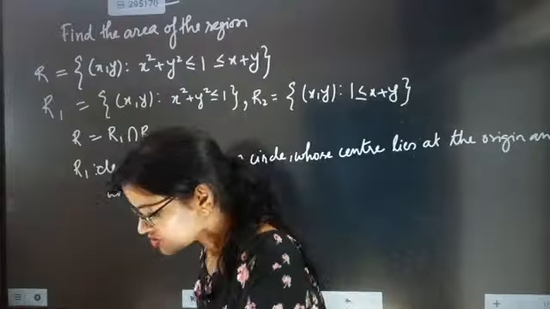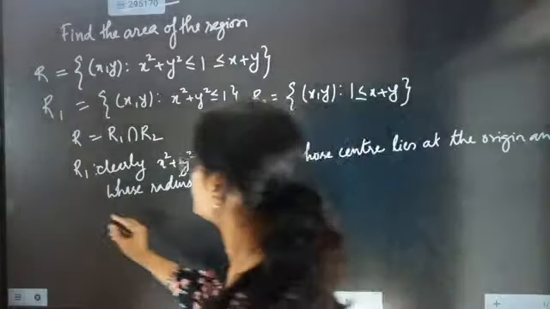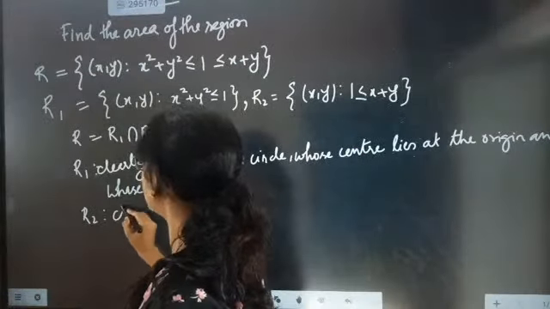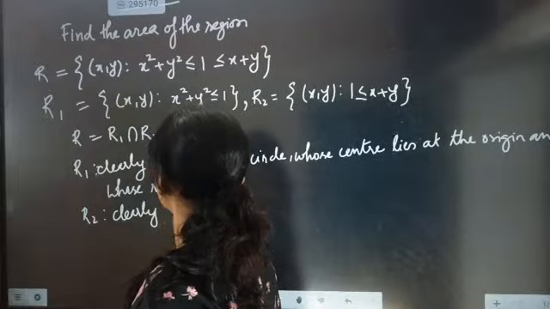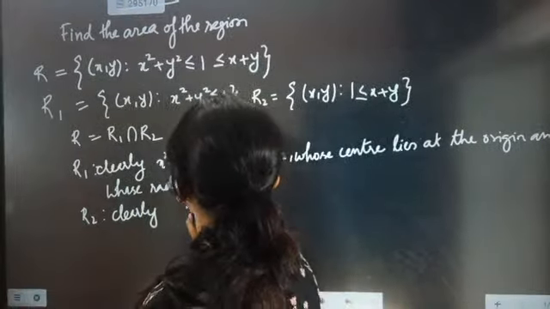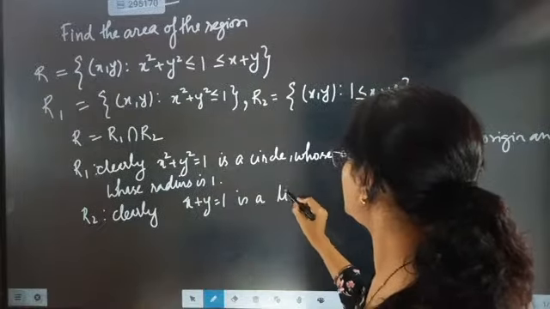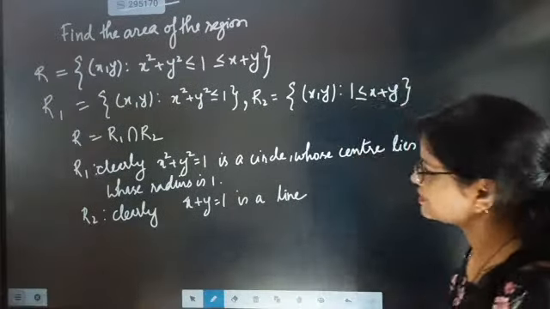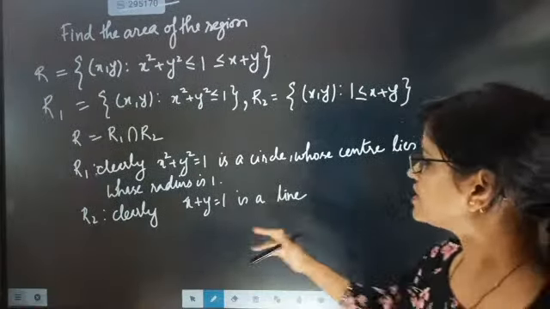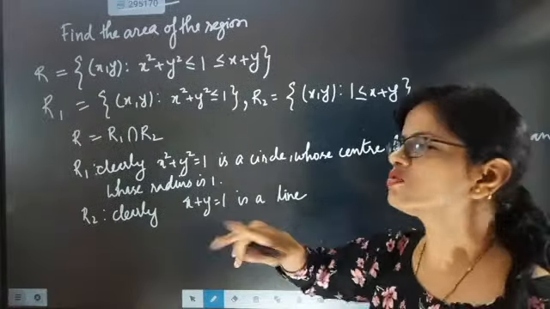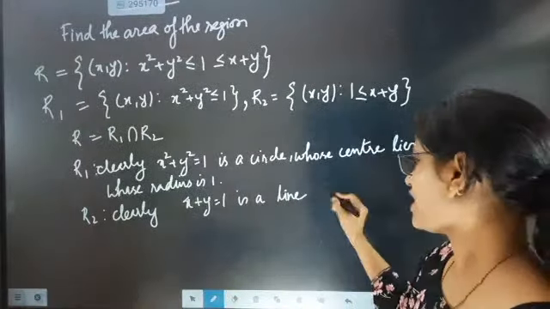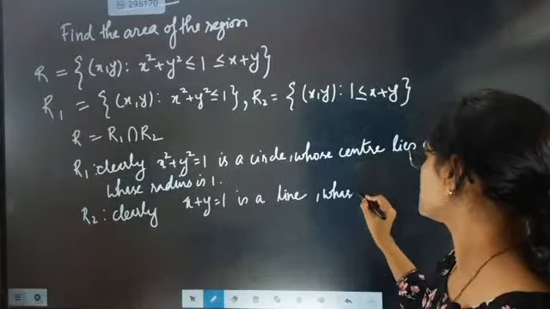Okay, now the first region we talked about. Shall we go about region 2? So now we are going to say that clearly x plus y equal to 1 is a line, okay. Now it is a line whose intercepts